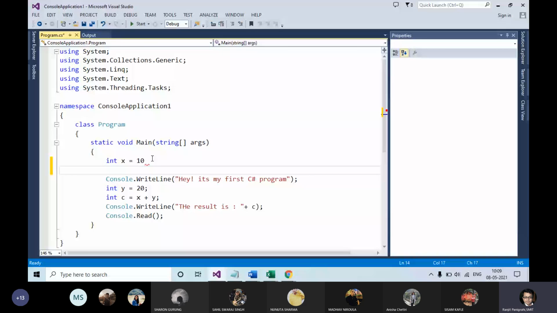Compile time and runtime errors are there, but the compile time errors are basically of two types. One is syntactical, the second one is semantical errors. So two types of errors: syntactical errors and semantical errors.